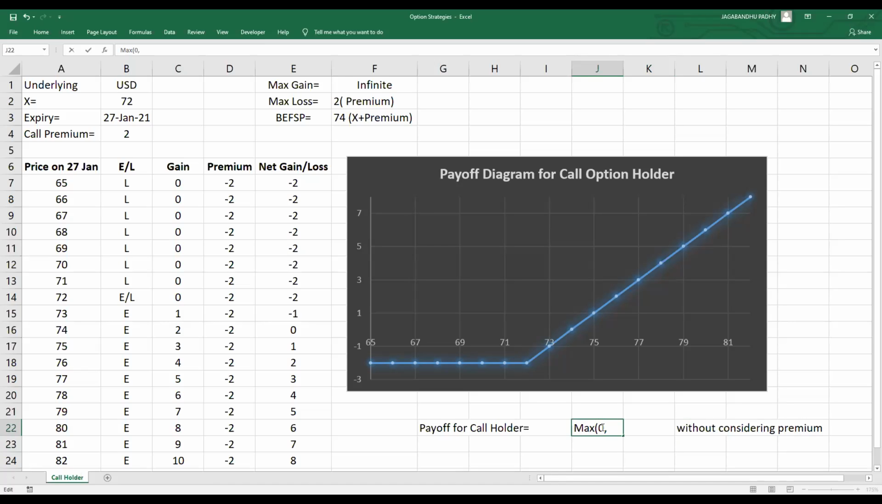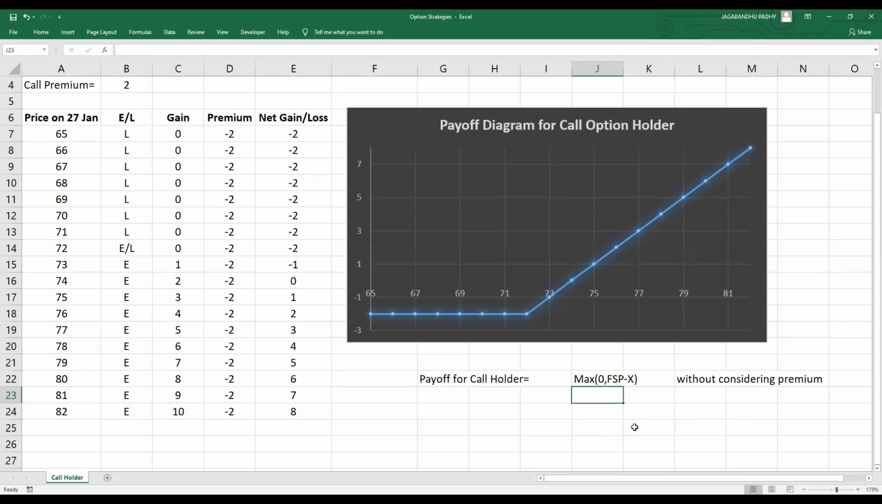तो चलो, अगर विदाउट कंसिडरिंग प्रीमियम बोला तो इसमें जो मैक्सिमम ऑफ 0 और, let's do X. Price on market minus X. My market price minus X, or I'll call it as future spot price minus strike price. This is without considering premium. And with consideration of premium क्या होगा? We can put a minus premium on both sides. Yeah. There it is going to be maximum of